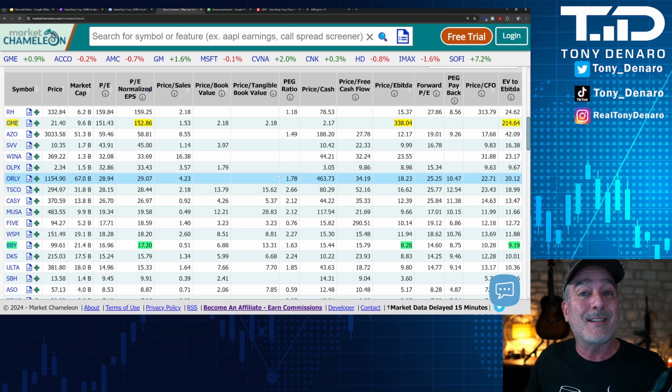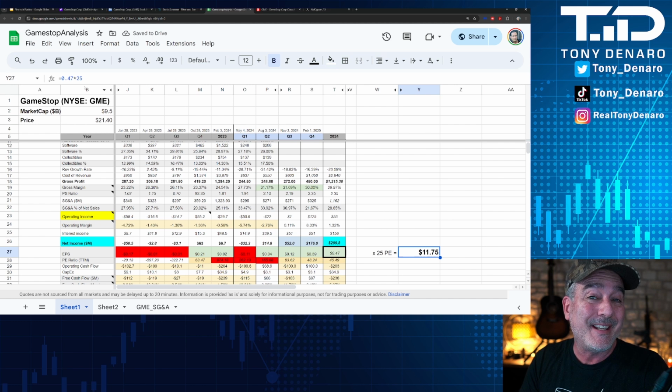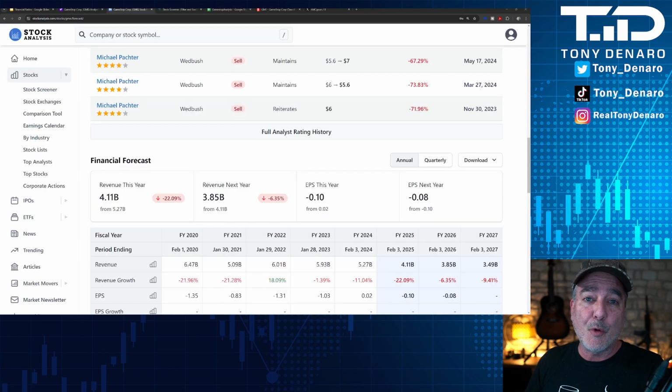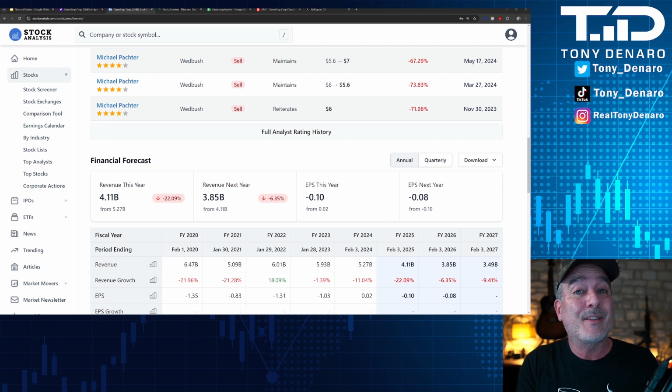The exercise that we were attempting to do today was to walk you through a valuation analysis of the share price, to explain to you how the analysts or anybody on Wall Street is currently looking at the share price valuation of GameStop. They are not willing to assign a 50 PE ratio to GameStop. They're assigning about a 25 PE ratio to GameStop, based on what I can decipher from the price targets that they are publishing and my spreadsheet to do some of the work to see how they get there. Hopefully this was helpful for you guys to understand how these analysts are coming up with their current price targets.